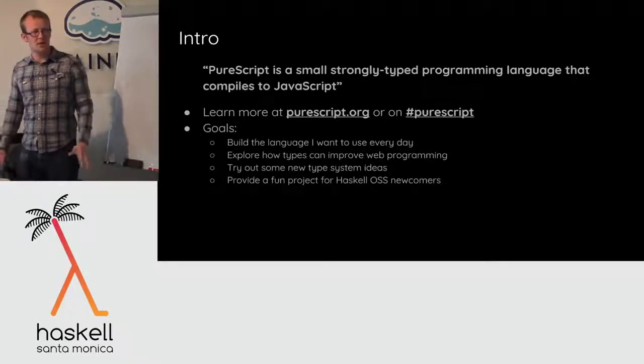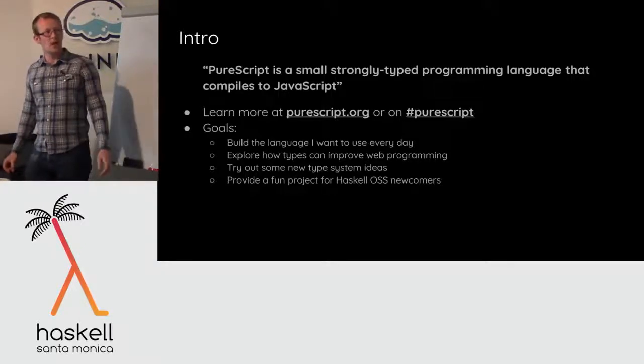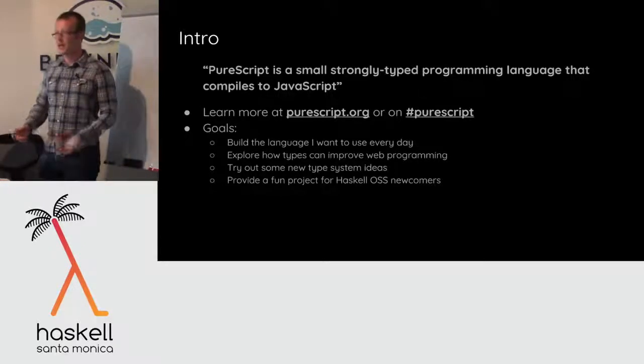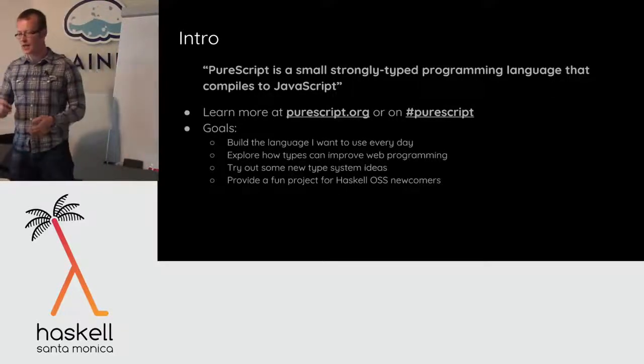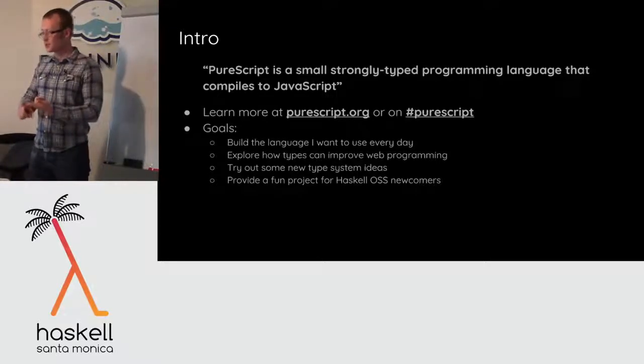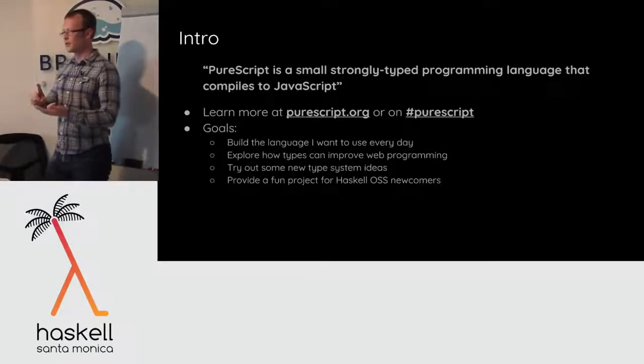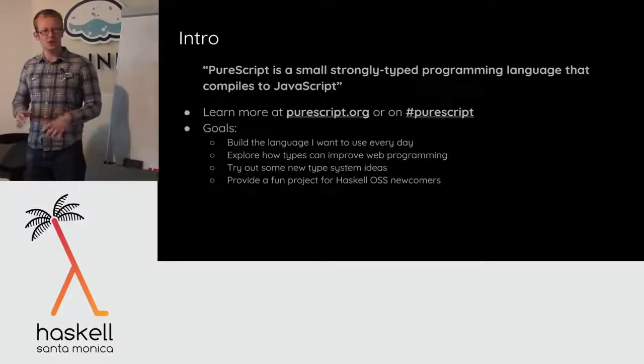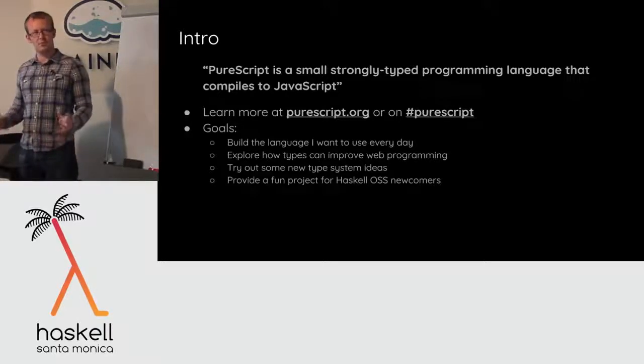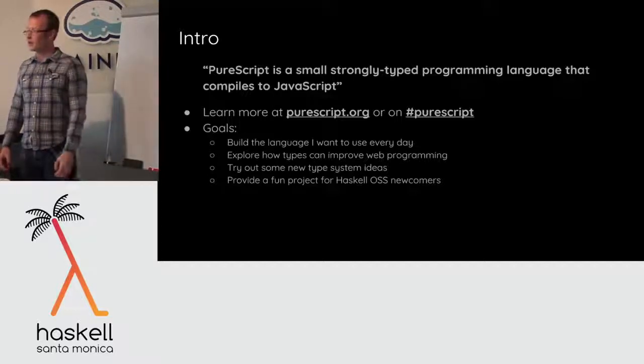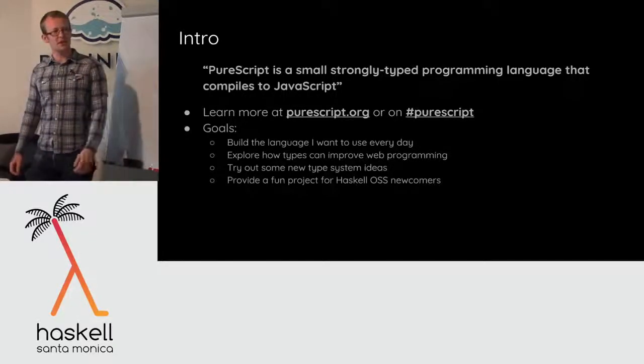Just quickly, a little bit about the goals that I had in mind with PureScript. I wanted to build a language that I wanted to use every day. At the time I wrote it, I was using TypeScript and JavaScript. There were a lot of alternatives for writing strongly typed compile to JavaScript languages, like Roy, which was probably one of the ones that I took the most influence from. Now there's things like Flow. There was Elm at the time that was just getting started, GHCJS, Haste. None of them really did exactly what I wanted, so I tried to piece together the rudiments of exactly the language I wanted, and then we got a lot of contributors, and now it's obviously a much bigger language.